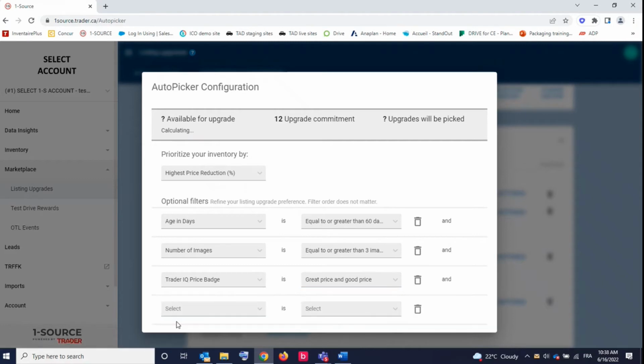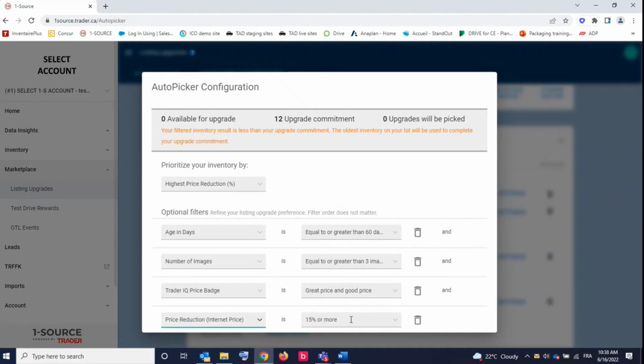And finally, you can use the price reduction optional filter,